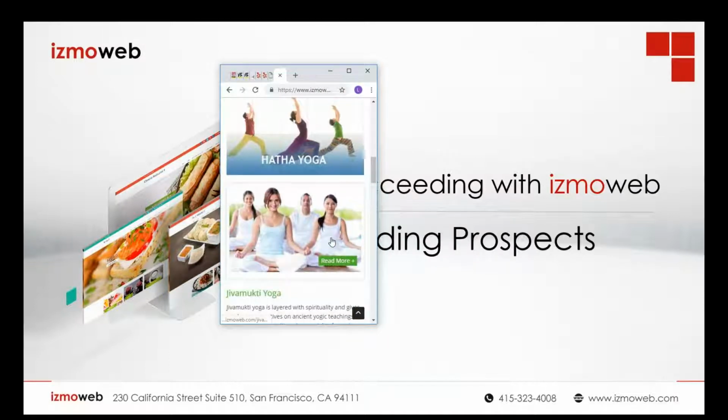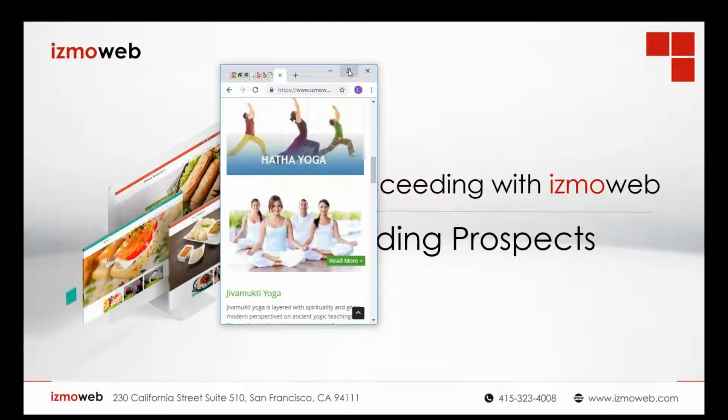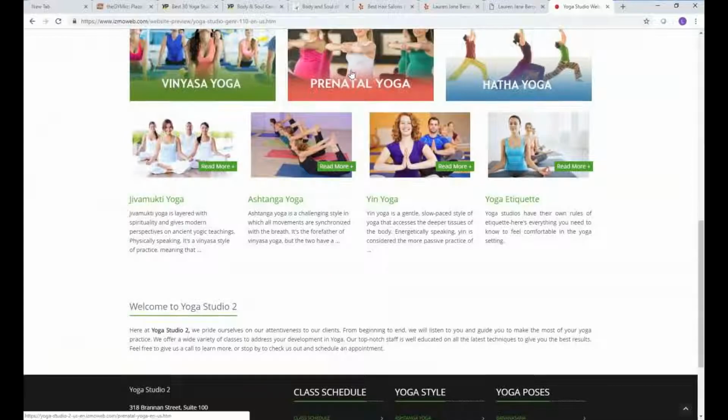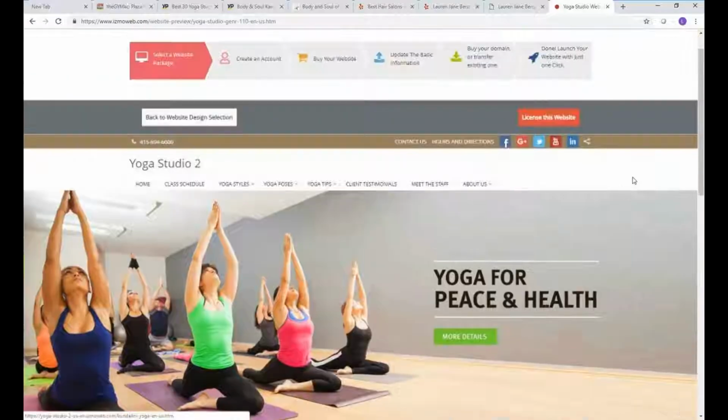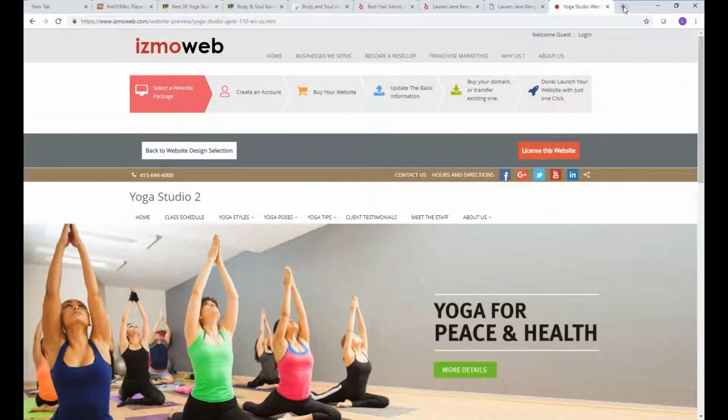This is critical for any kind of website in this day and age because over 70% of all searches are done on mobile devices. So it's a huge selling point if you find prospects that you're trying to sell to and their website is not optimized for mobile. It's a huge selling point to sell them a solution that's optimized for mobile devices or any size devices. It can be tablets, laptops, and PCs as well. Okay, so the